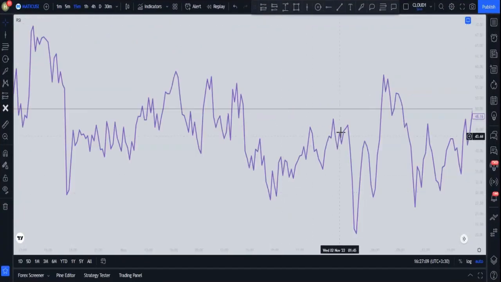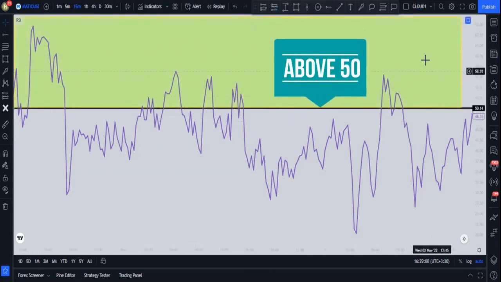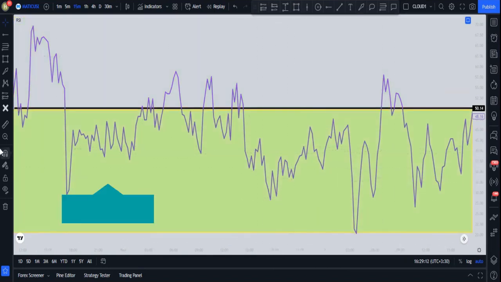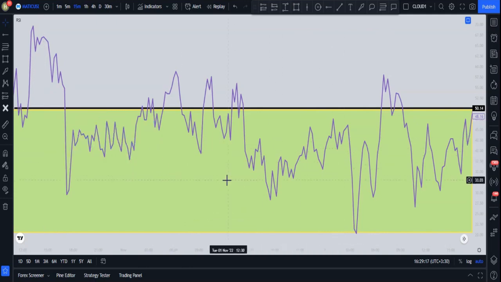Now let me fully explain how we use this RSI indicator in our setup. Whenever the RSI is above the 50 line, only buy signals are valid, and whenever the RSI is below the 50 line, only the sell signals are valid. Okay, the setup is finally ready now. Therefore, let's understand